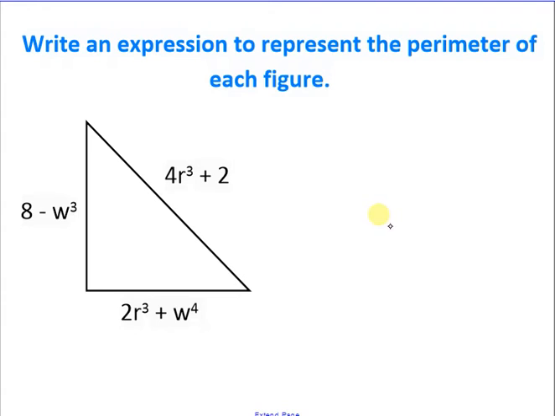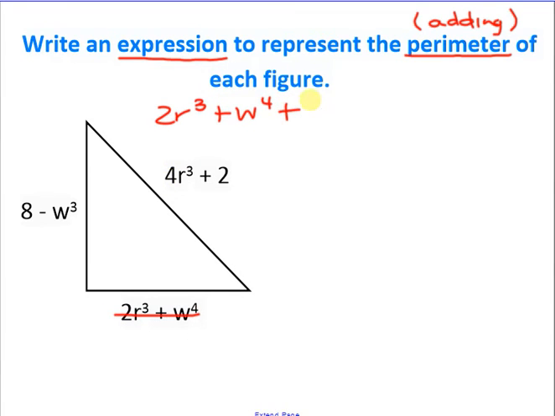All right, so here we have a triangle. And again, we're going to write an expression to find the perimeter. And remember, perimeter is adding all the sides together. Let's start at the bottom this time. So 2r to the third plus w to the fourth